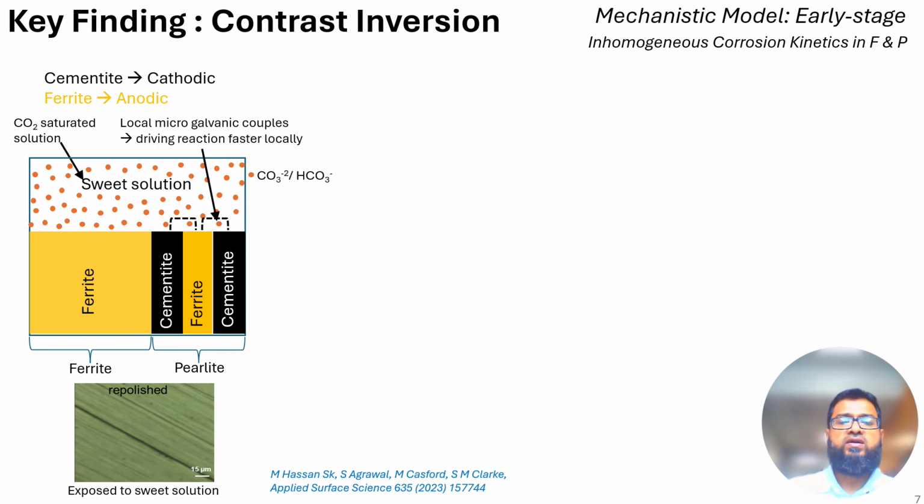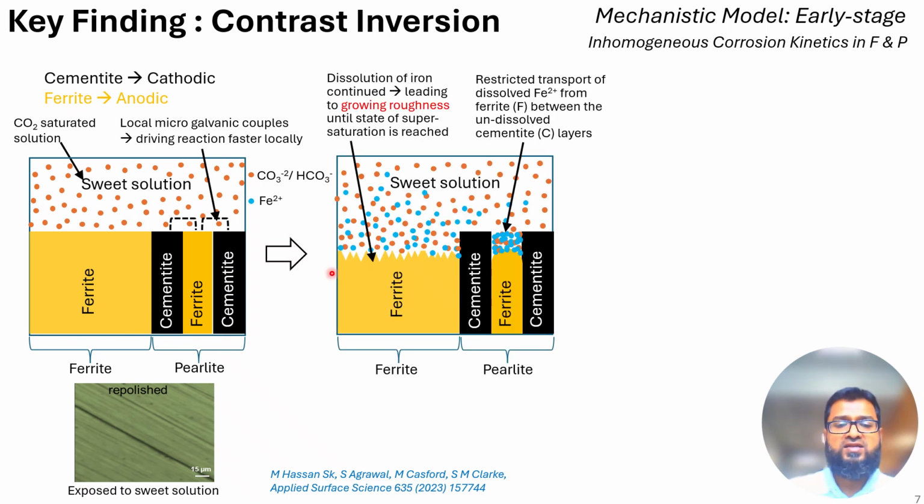And when the iron starts to dissolve from this ferrite layer, numerous microwells form inside the pearlite phase, which makes the ion transport much more restricted, and which causes the supersaturation of the siderite